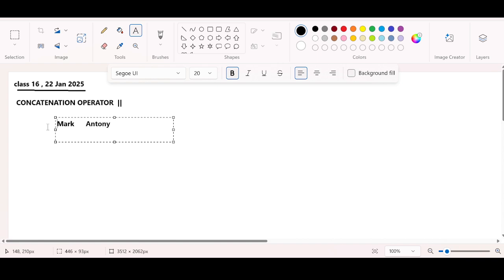Okay, this is a separate string and this is a separate string. Mark is a separate string and Antony is a separate string. If you want to combine these strings together by using the concatenation operator in Oracle, the resultant string is going to